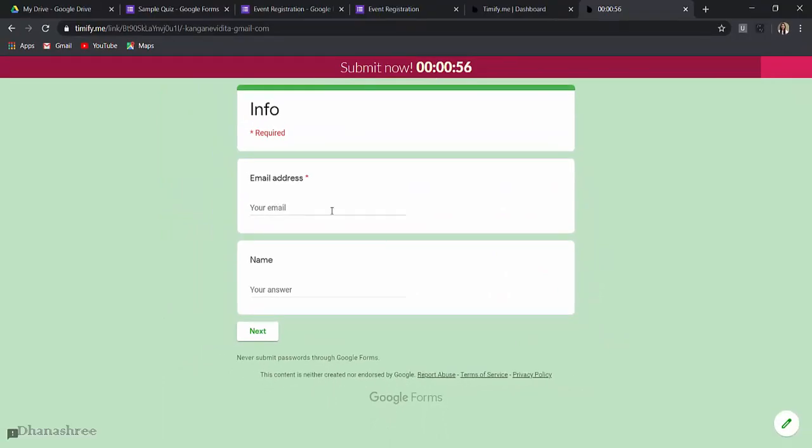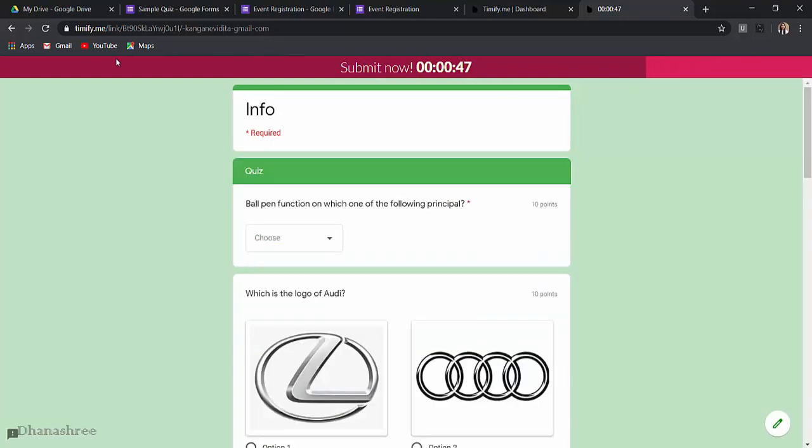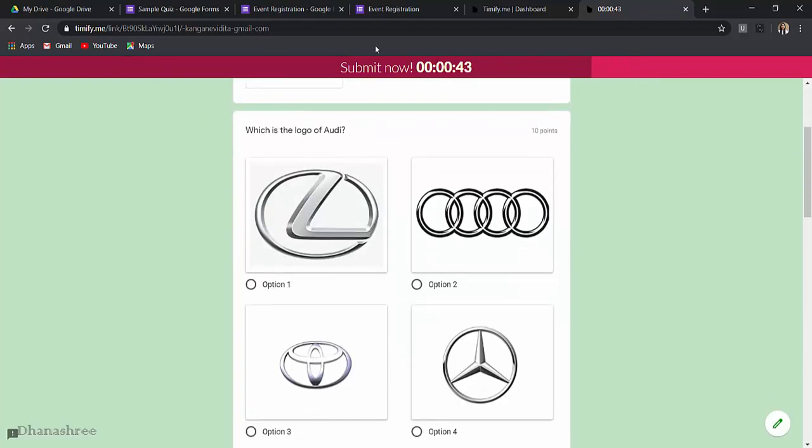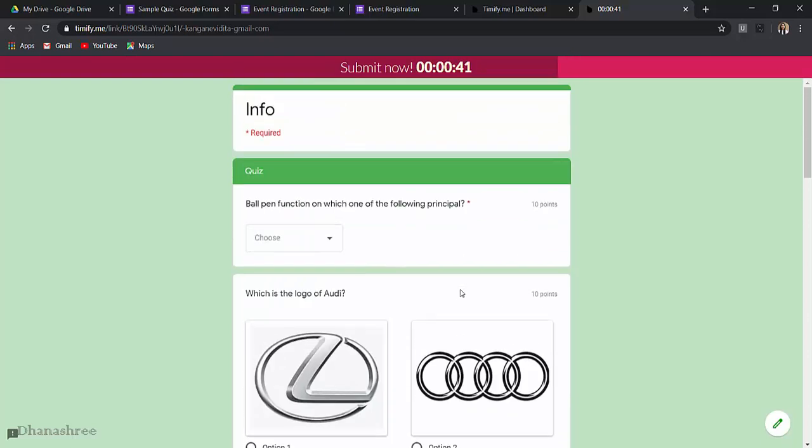you can see the time limit. So I have to submit it before this given time limit, otherwise it will not accept my response.